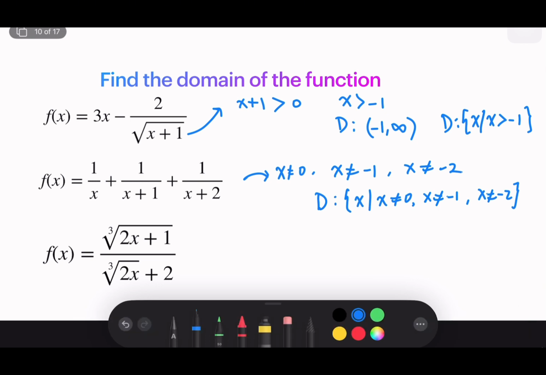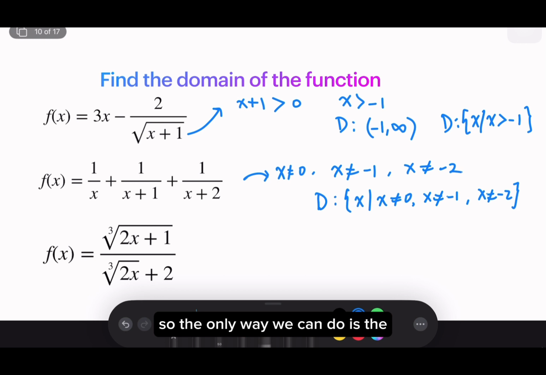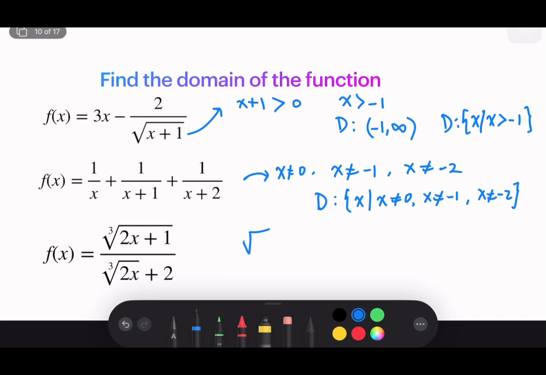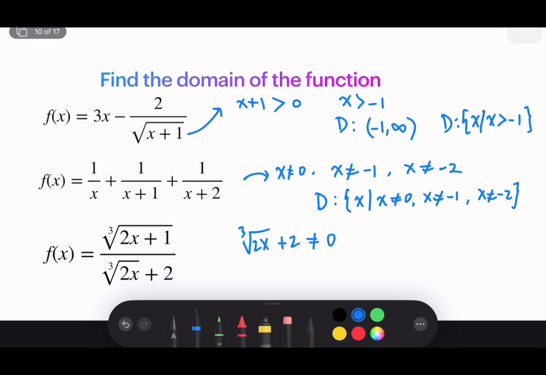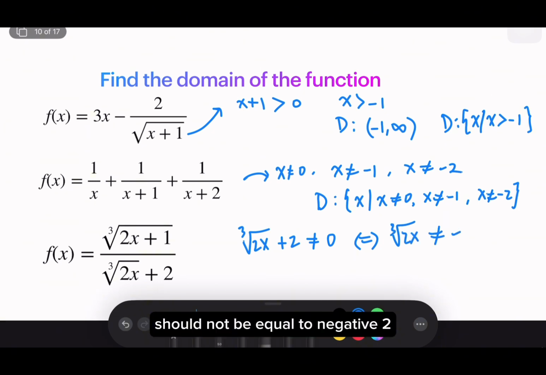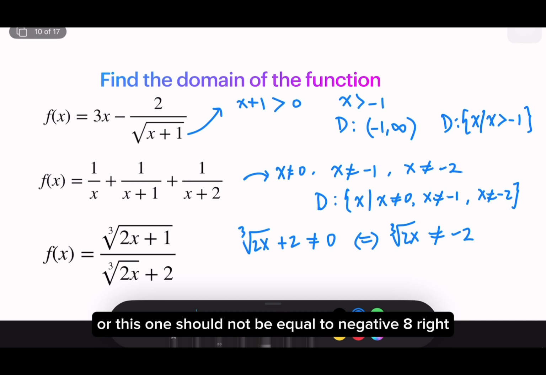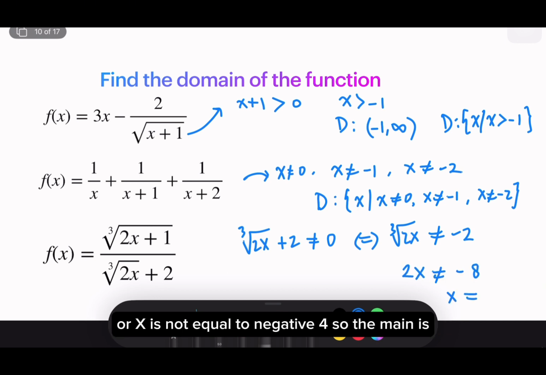So the only thing we need is that the denominator part should not be equal to 0. So the root part should not be equal to negative 2, or this one should not be equal to negative 8, right? Or x is not equal to negative 4. So the domain is